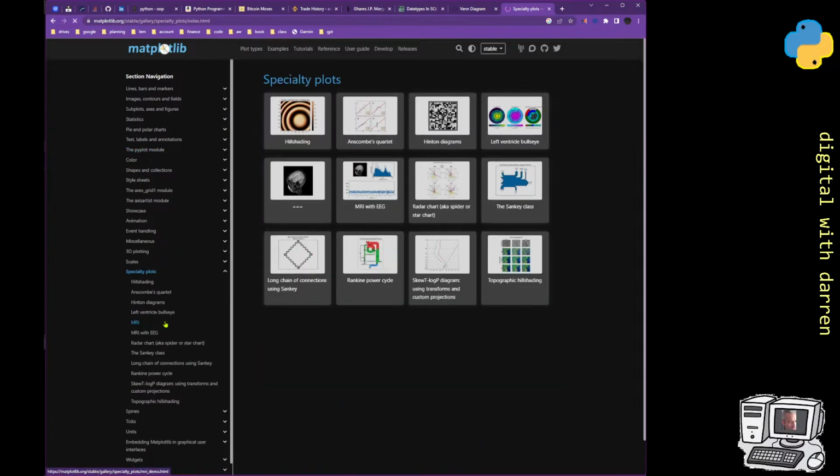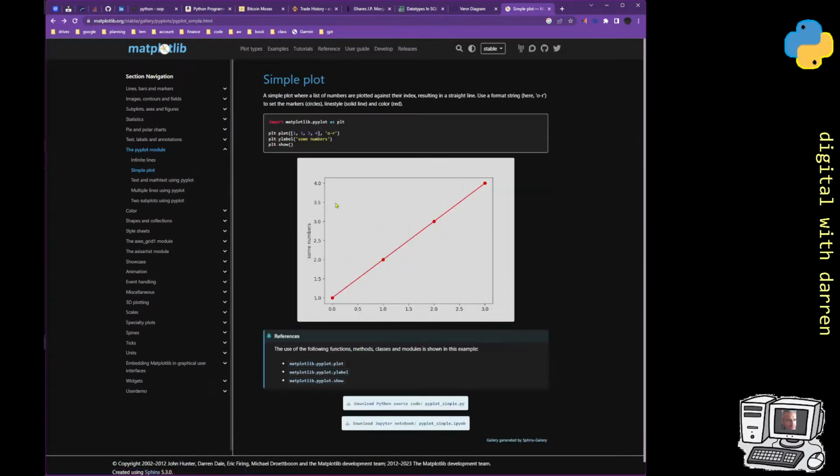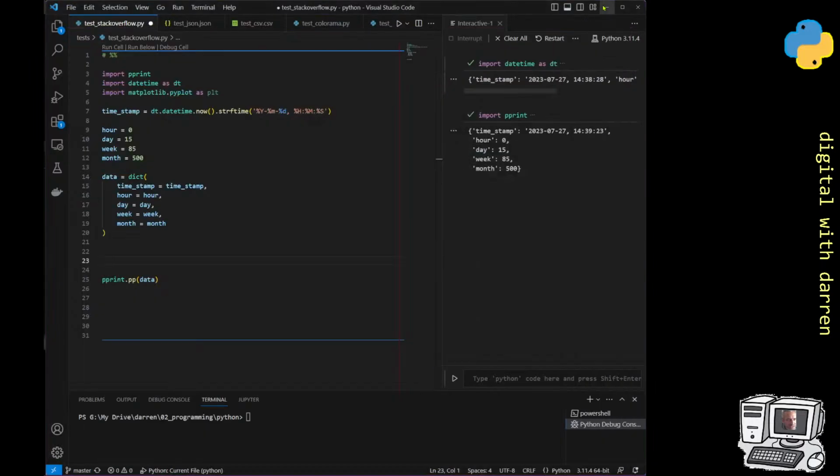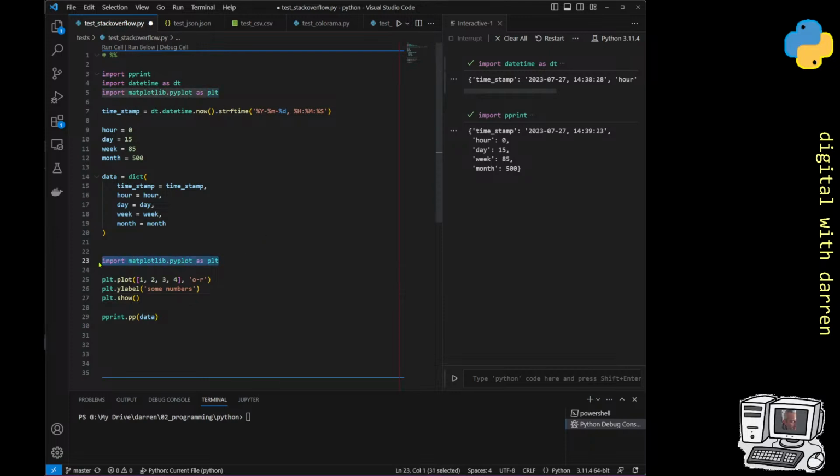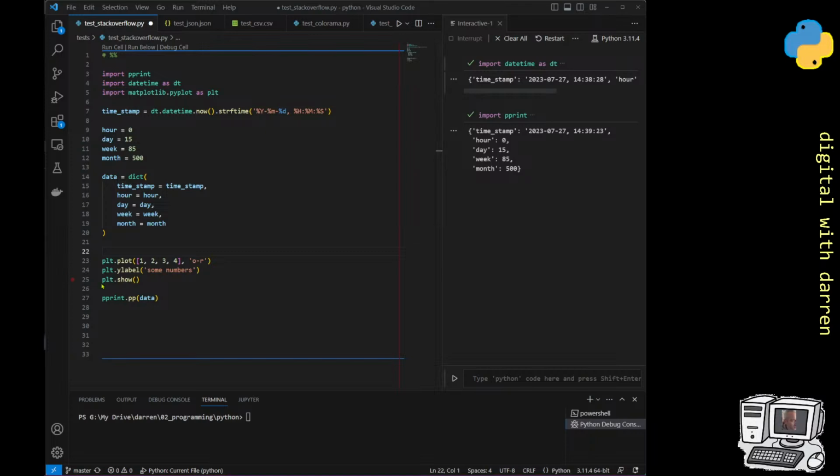Let's just see the specialty plots. Okay, there's nothing there as well. So I just want to go back one if I can. Going really back to basics here. Let's have a go at this then, which is, let's paste some of the code in. We've got matplotlib.pyplot as PLT, so there's nothing for us to import in that case. So I just do that, and